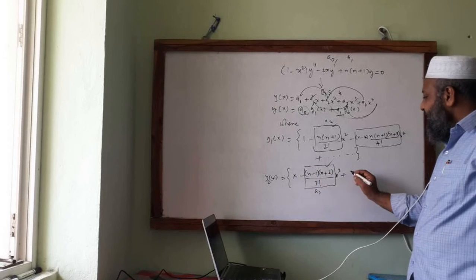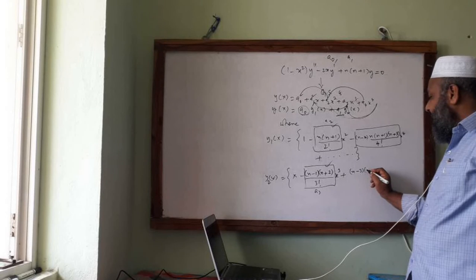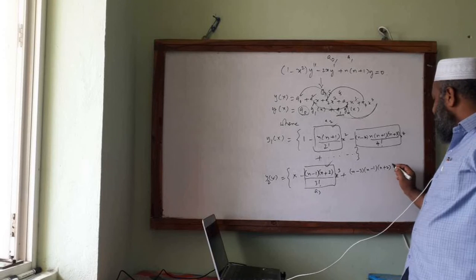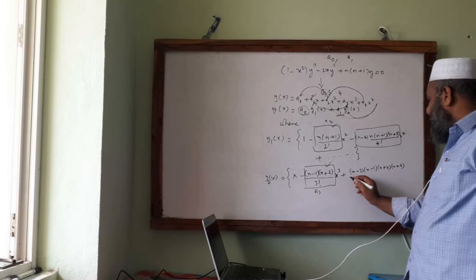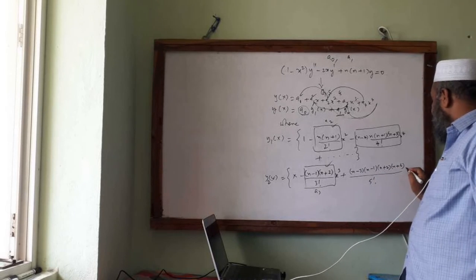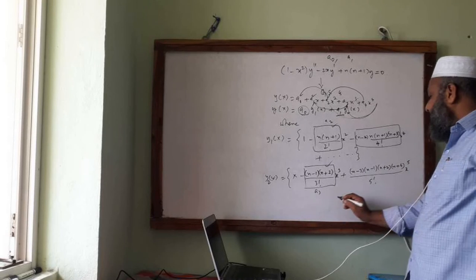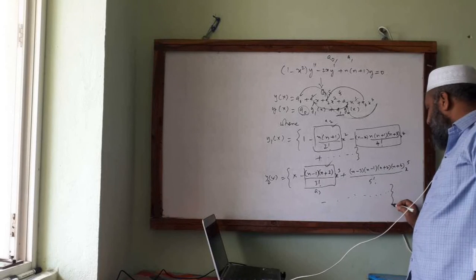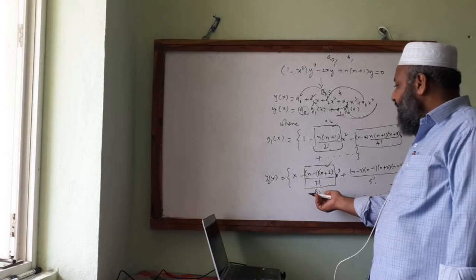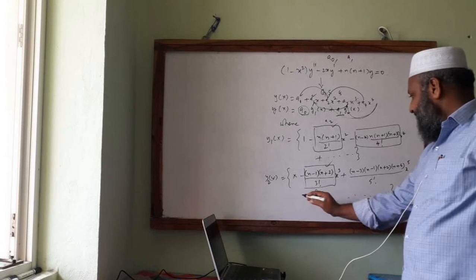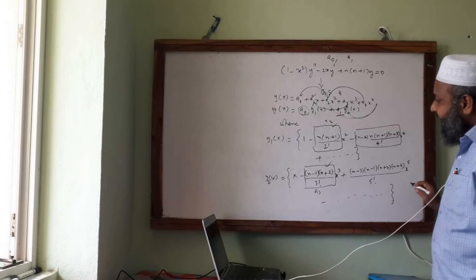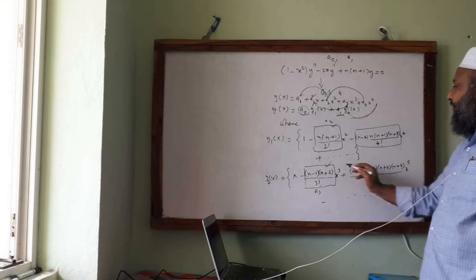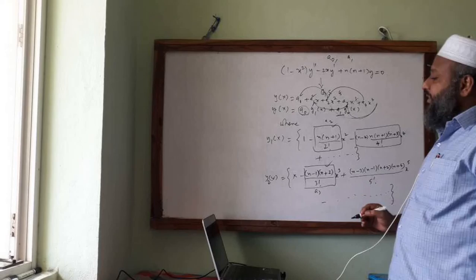Now 2 units that side, that is (n minus 3)(n minus 1)(n plus 2), and 2 units that side, right side, that is (n plus 4) divided by 5 factorial, x to the power of 5, minus, and I hope you will be able to tell a7, a9, a11, that is all odd suffixes. This complete y2 is one independent solution, and this complete y1 is one independent solution, and the general solution will